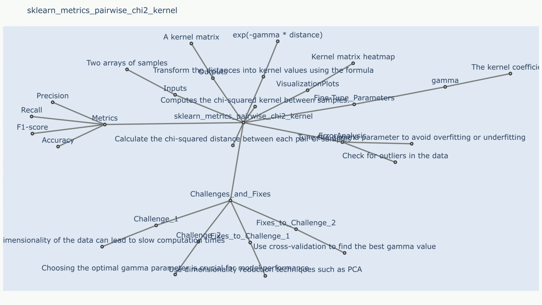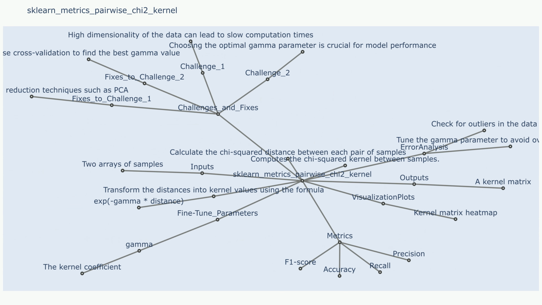Challenge 3: unbalanced data. If the histograms are unbalanced, i.e., some bins have significantly more counts than others, the chi-squared kernel can be biased towards histograms with higher counts. Sample use case: image segmentation, where one class has significantly more pixels than others. Fixes: